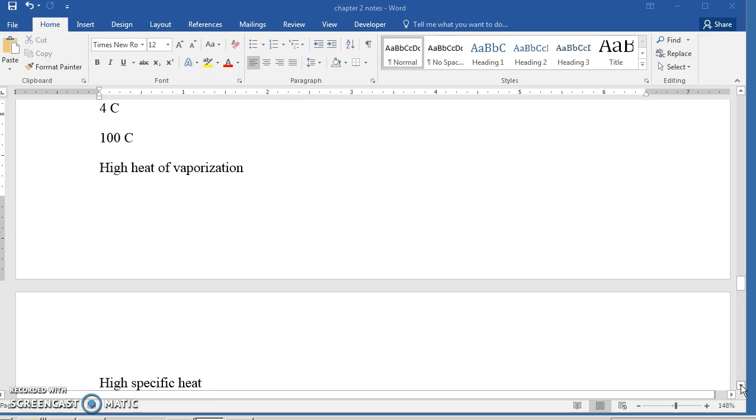It helps to moderate the temperature of living organisms. And this is a great thing because living organisms have a lot of water. It's said that our body mass is about 3/4 water. So one of the ways that you can tell the health of a person is to take their temperature, and